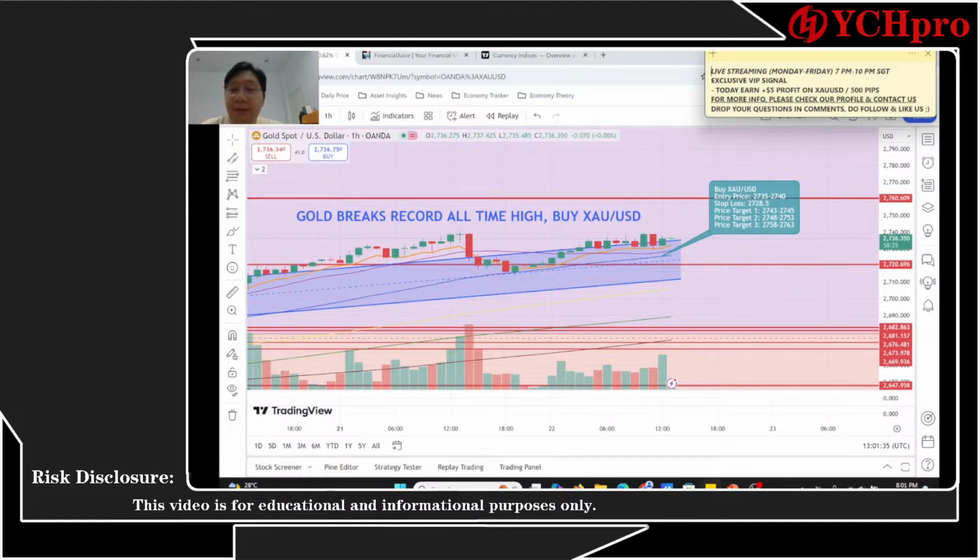Okay, so it seems that everything is heading in our direction, so I will not be worried much on that side. Just letting the trading plan work on its own and see where it leads us next, guys. It's the same case for both gold and silver. I will not worry too much, guys.